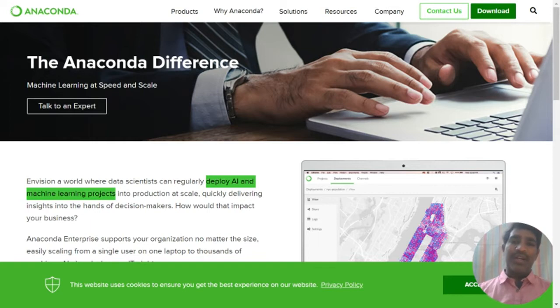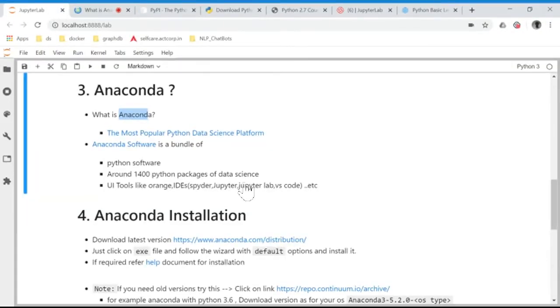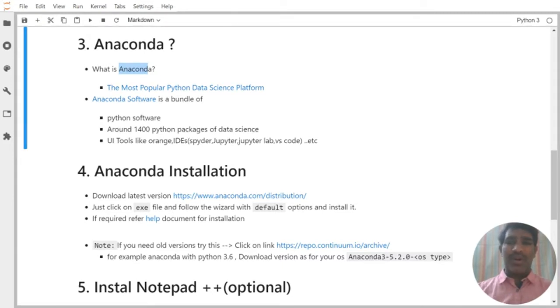So our goal, at the end of the day, is to develop AI products and machine learning products. That is the reason we love to go with the Anaconda software installation. However, pure Python developers can also happily install Anaconda, and whatever benefits they get with Python, they get everything. Because the Anaconda installation setup happens like this: step 1, Python installation; step 2, data science related package installation; step 3, tools installation. It is organized like that.